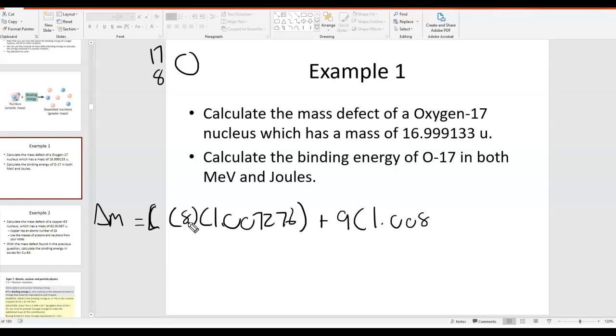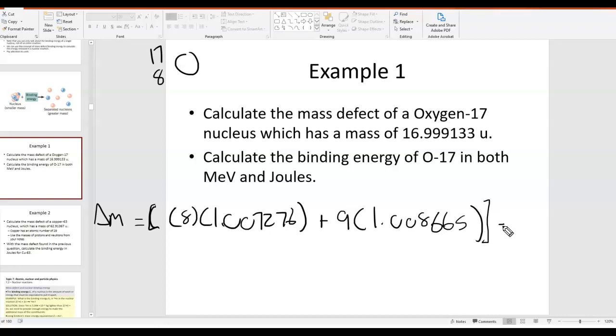I do want to remind you, and I've said this before, I do want to remind you once again, please make sure that you don't round until the very end of the problem. Okay, so 1.008, say 665. Okay, this right here in brackets, that is the mass of the nucleons, the constituent particles, and